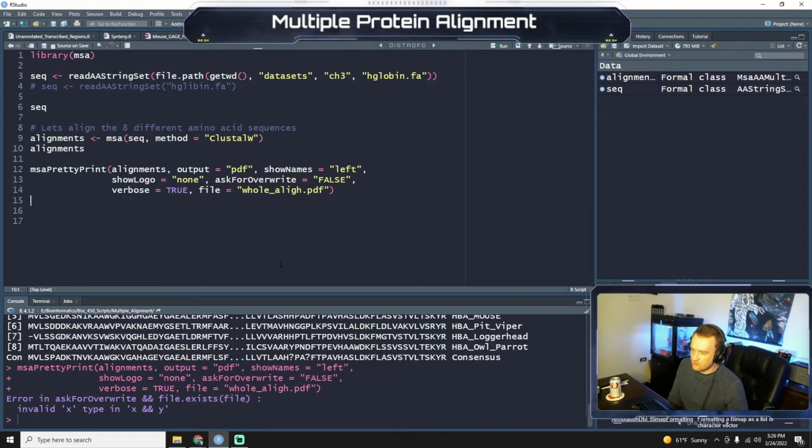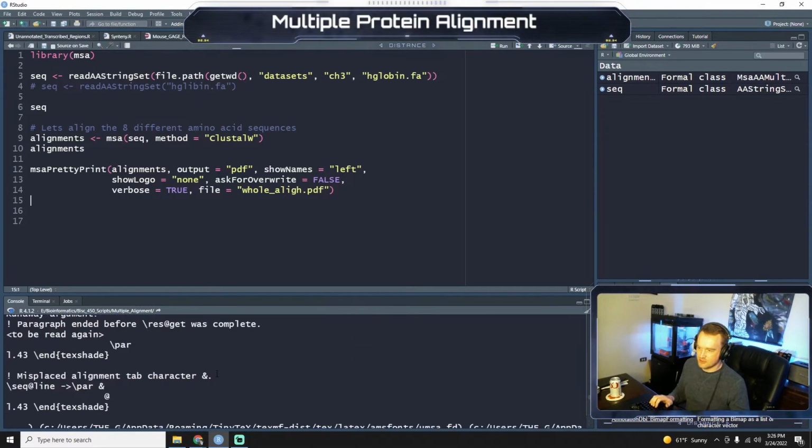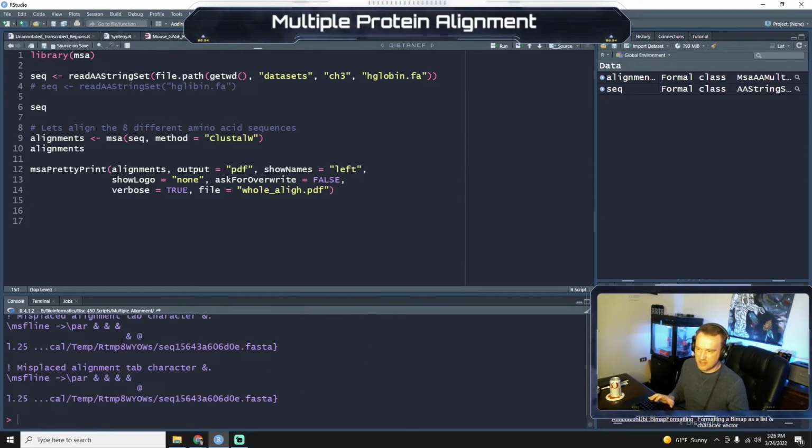Error and ask for overwrite. Did I spell it wrong? Ask for overwrite. Oh, it's not false in quotation marks. There we go. Okay, so you see verbose, it just means it shows all this stuff. Sometimes this package is a little glitchy, and I found that if I didn't call verbose, it was hanging up